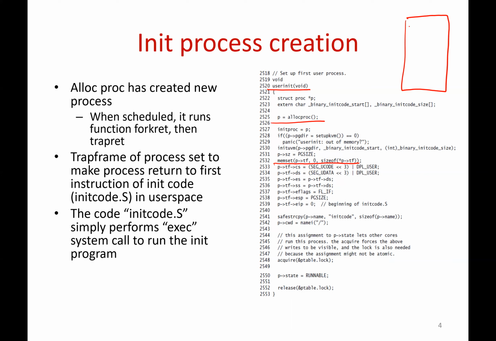So now your kernel stack has a context structure. It has the return address of trapret. All of this has been done by allocproc. And then there is a trap frame here. So now you zero out this trap frame and you fill in various values into it. The important thing is you fill in an EIP of 0 and you copy some code.